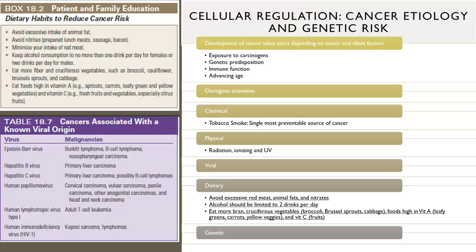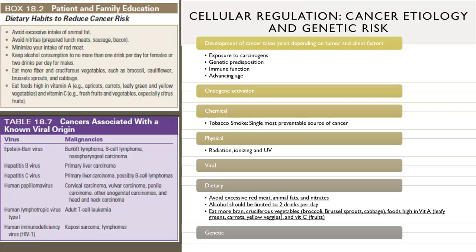Epstein-Barr is like a herpes virus, so it lies dormant. A lot of kids have it when they're younger and have no idea that they have it. We call it the kissing disease, or mono, and it lies dormant in your body. And over time, it has the potential to cause cancer. So we worry about that one, especially with your lymphomas.